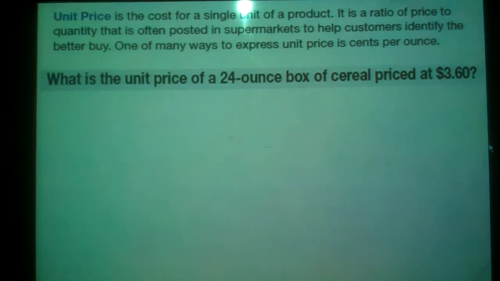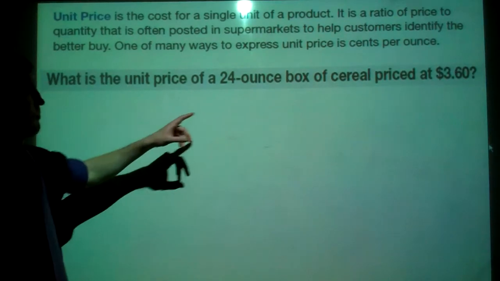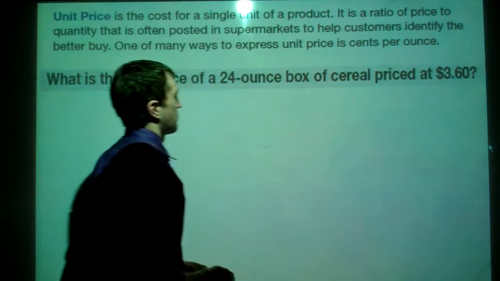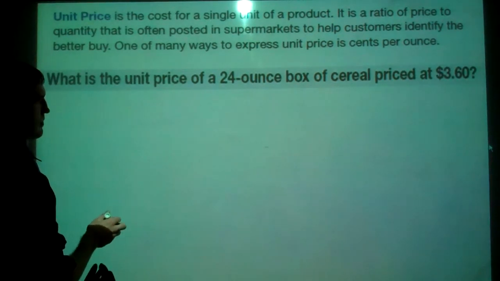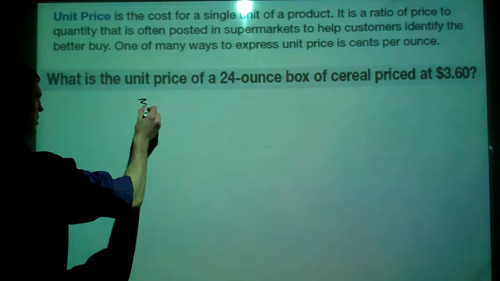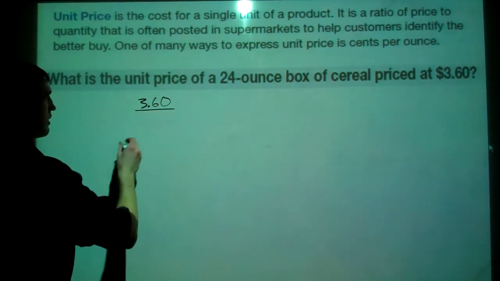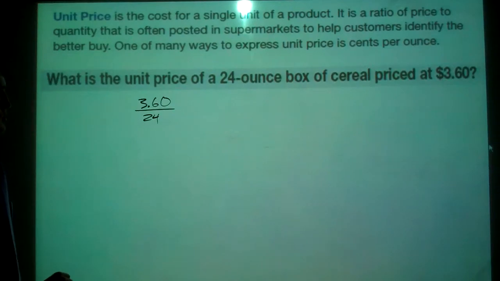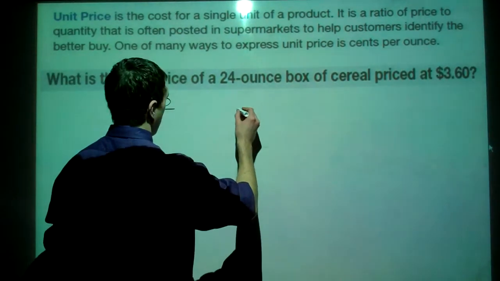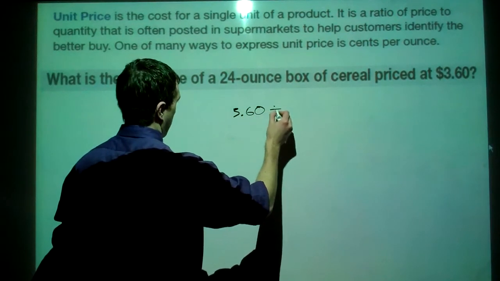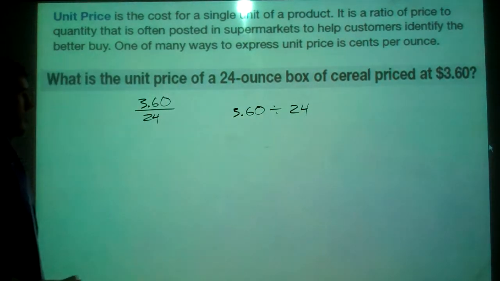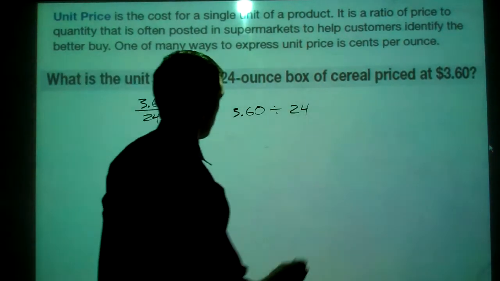There isn't a comparison, but they show us how to find the unit price. The unit price of a 24-ounce box of cereal priced at $3.60. So it says the cost for a single unit of a product. So we're looking for cents per ounce. So that means cents divided by ounces, or $3.60 divided by 24. So what is 1 ounce going to cost us? We would do 3.60 divided by 24. And if we did that real quick,